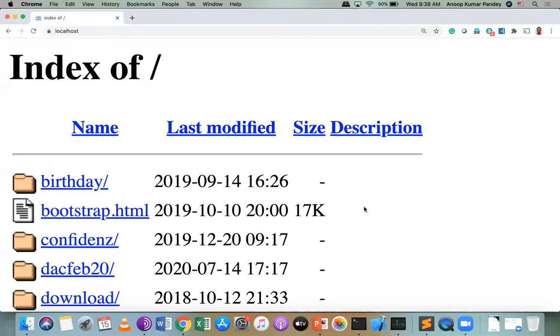But suppose I create a file here. So I have written in, now I have